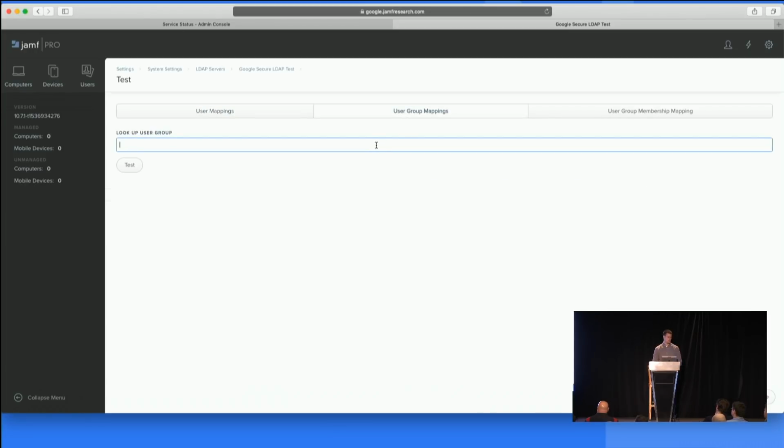We just want to make sure that our user group mappings are functioning. So I have a test user group. Perfect. Brings that back. I can see the GID. Last step here is user group membership mapping. So I'm going to test that same